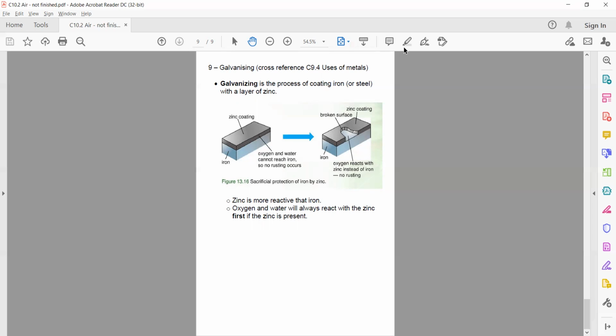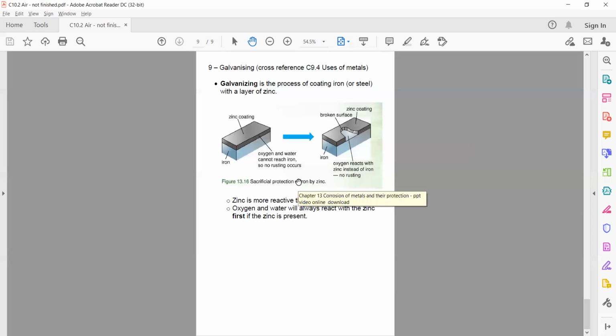And even if there is a scratch, like you'll see in this little diagram here, there's an exposed area. As long as there's enough zinc around, it's going to always react with the zinc first. So as long as it sees zinc, it's going to go for that zinc immediately. But if that hole got bigger and bigger and bigger, would it help? No, so you would have to re-galvanize. Very often when you get parts and equipment that are galvanized, they will re-galvanize after a certain period of time. They'll take it to a workshop and have it re-galvanized or resurfaced or whatever you want to call it.